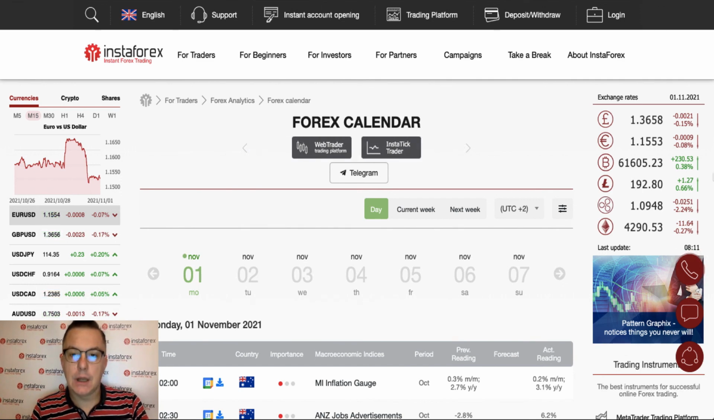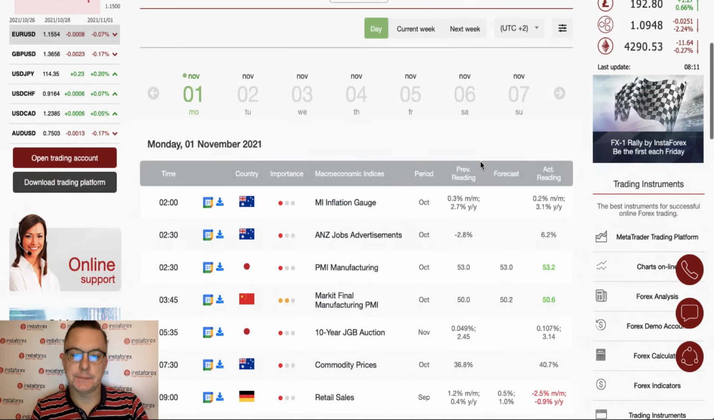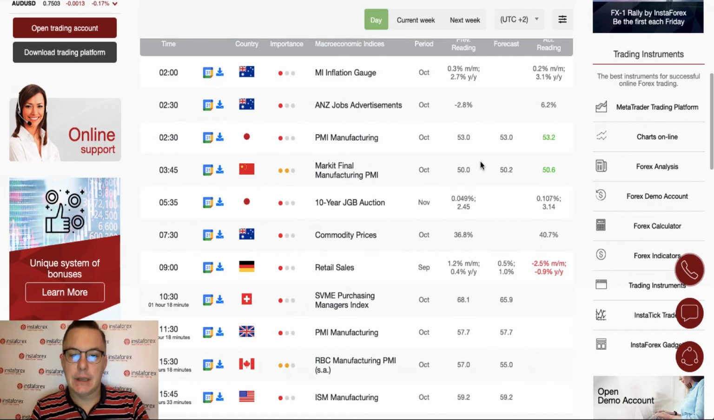Let's take a look on the Forex calendar. Chinese data released overnight were in form of market final manufacturing PMI, and those readings